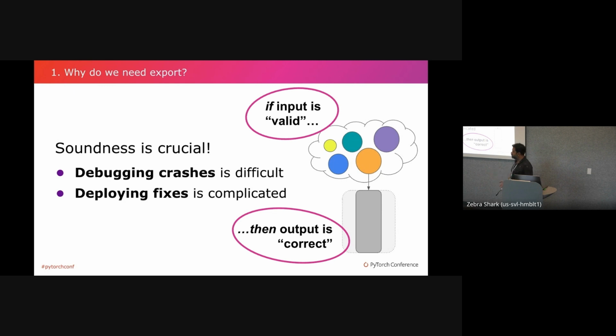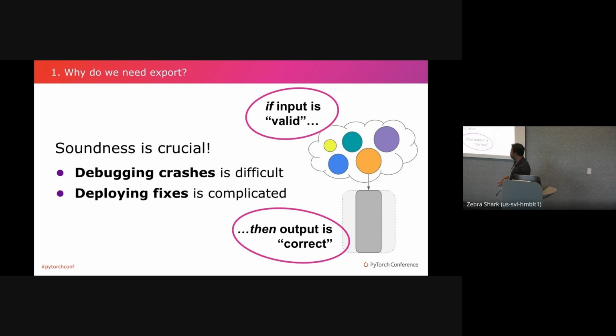So it's easy to understand what this means. Of course, the catch is that you have to understand what valid and correct mean, right? So we infer what valid inputs are based on your example inputs, and we generalize them slightly. If that's not enough, if you want more generality, tell us exactly what you mean by valid inputs. That's basically our stance. As for correct outputs, it basically means whatever the original code would have produced given those